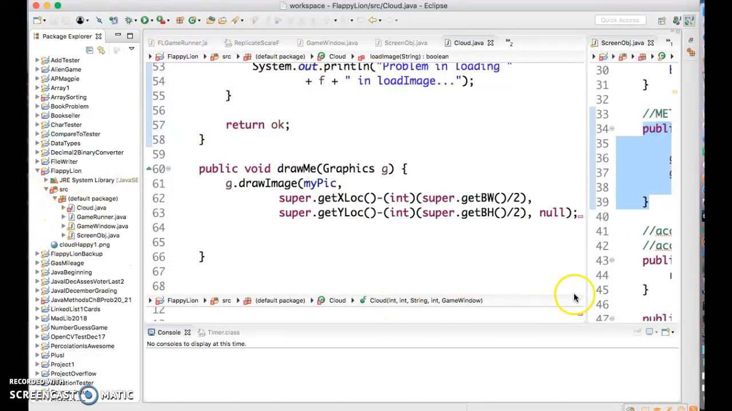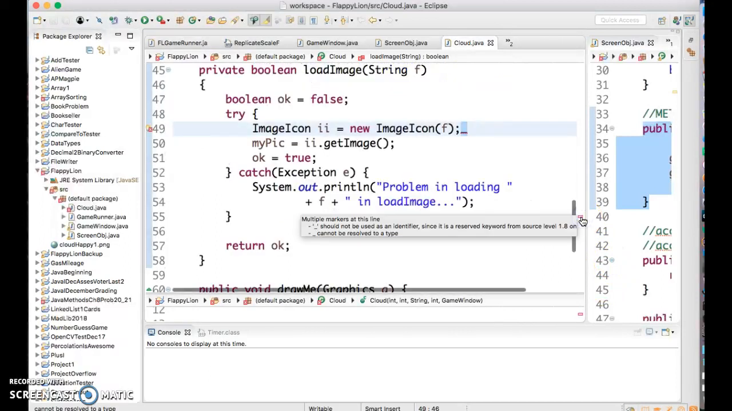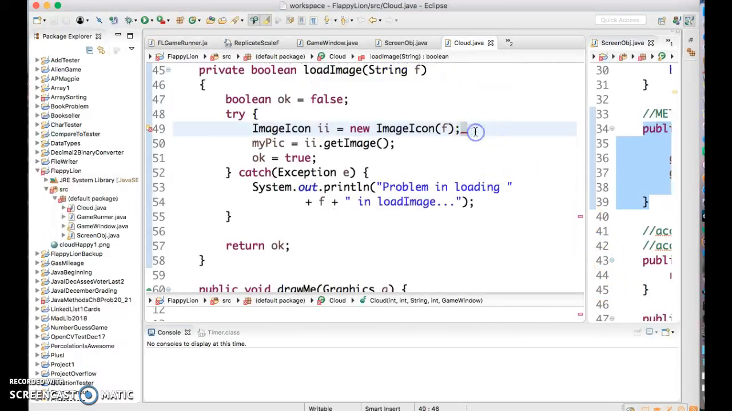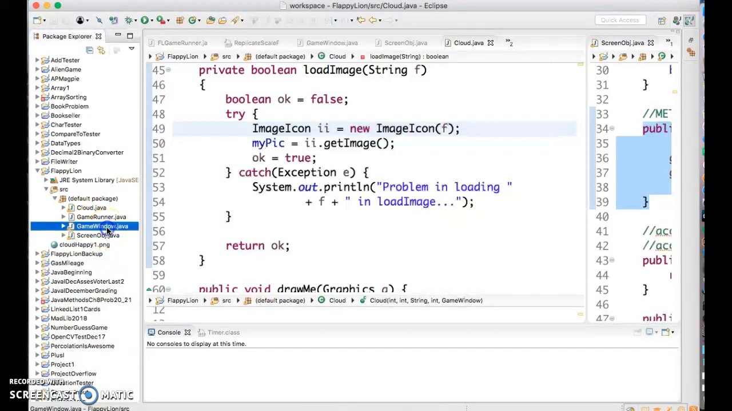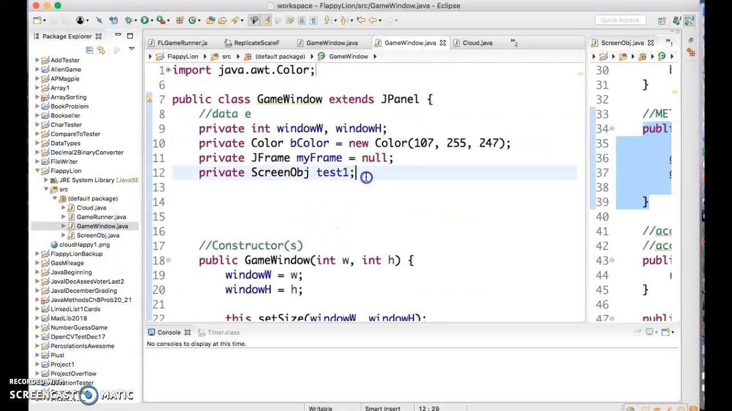So there's some kind of error in cloud. Let me see what the error in cloud is. Oh, there's just an extra space there. Okay, good. Let's save that. If I do save it, it gets rid of the errors. So what we're going to do is go to the game window here. Game window, we have a screen